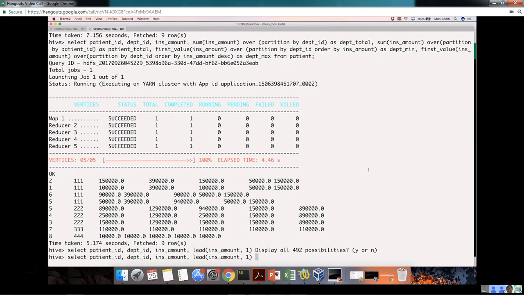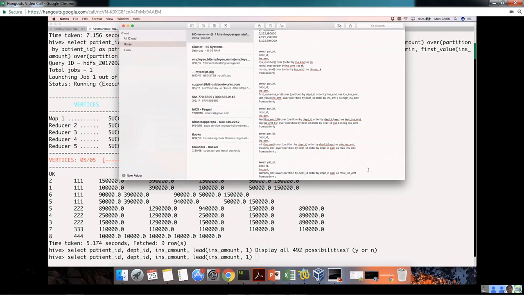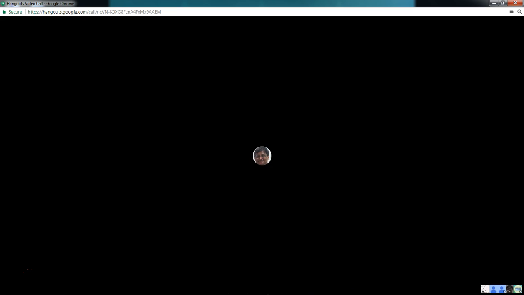LEAD will always give you the next row in your window. LAG will give you the previous row in your window. We'll see that. It's not a hard thing at all. Then over